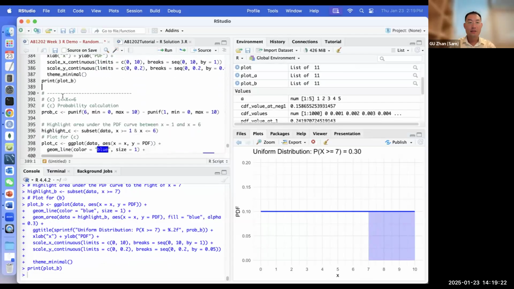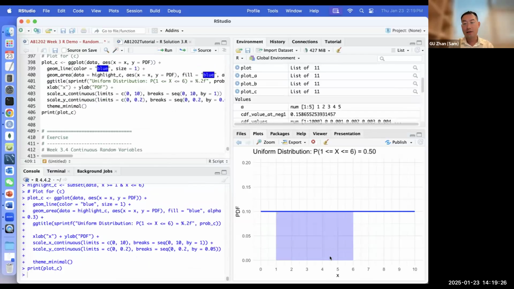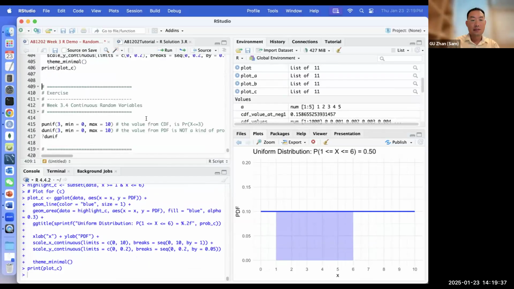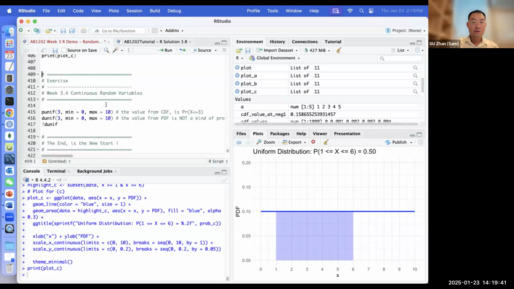Then for the C in between 1 and 6, let's have a look. In between 1 and 6, what is the probability there? You can also calculate. It is actually 1, 2, 3, 4, 5. 6 minus 1, 5 times 0.1 is 50%. 50%, okay? Then there'll be some exercise for continuous variables,